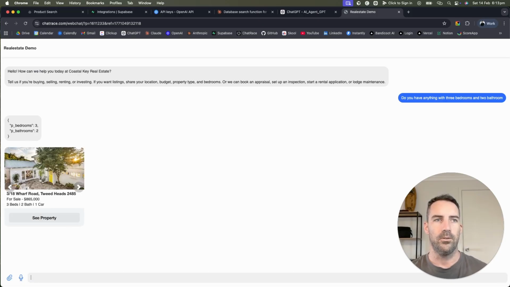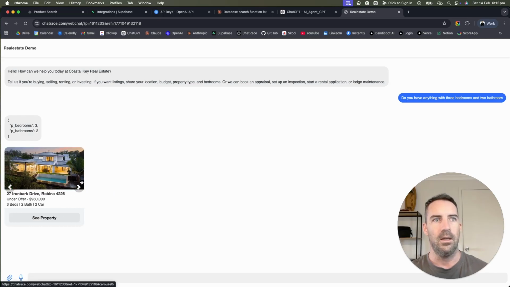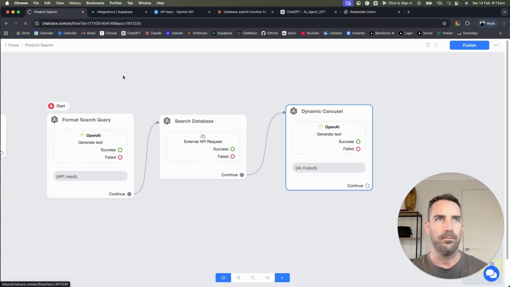And like I was saying, you can always do a bit of fine tuning to make this stuff a bit faster. But as you can see, it's formatted the query correctly, and then it's done the search, and then you have this information. And what I would also usually do is on the main assistant,